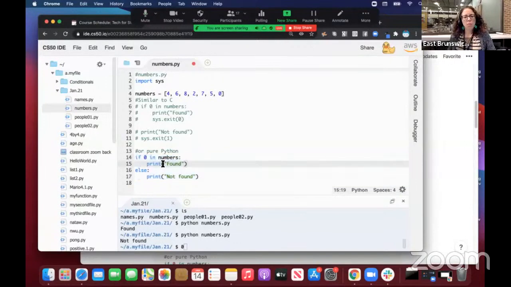So this is more Pythonic. The way it's written in Python, we don't use this. You can use it if you want to, but this is more the Python way of doing things. So we just say if, else. It's an if else statement, and you write it very similarly. You put the colon, then print found, else print not found. The language is no better or worse, it just works more Pythonic. So if we run it again,